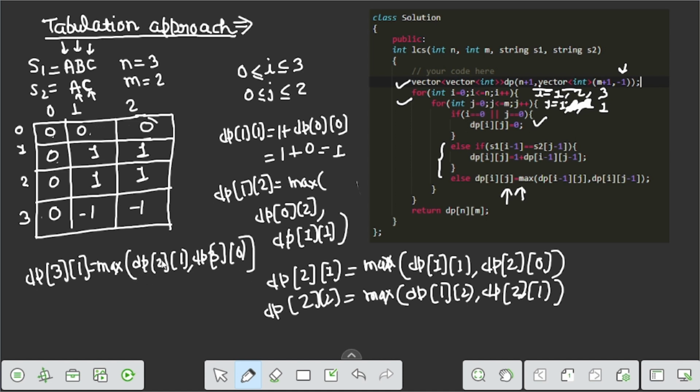So the maximum of dp of 2 comma 1, which is 1, and dp of 3 comma 0, which is 0, becomes 1. So this becomes 1.